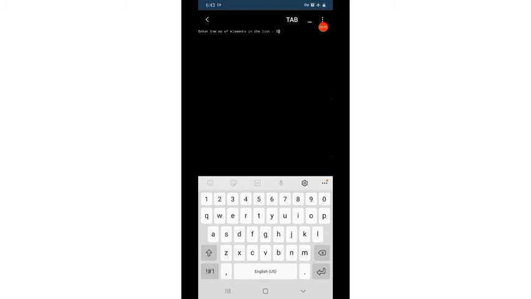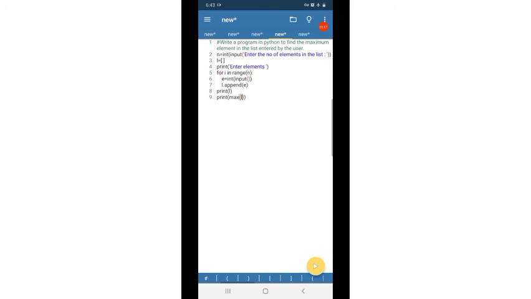So 5 elements, 2 1. You can see that if the list is printed, then the maximum value is printed.